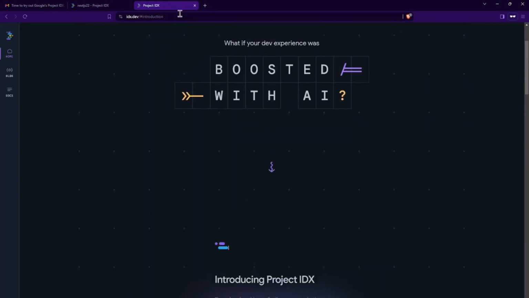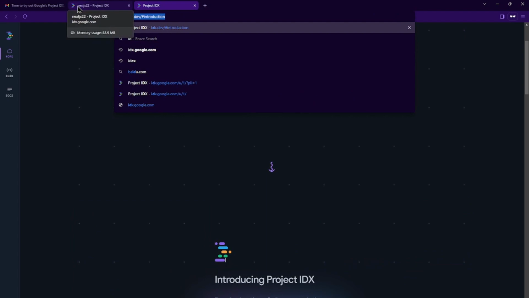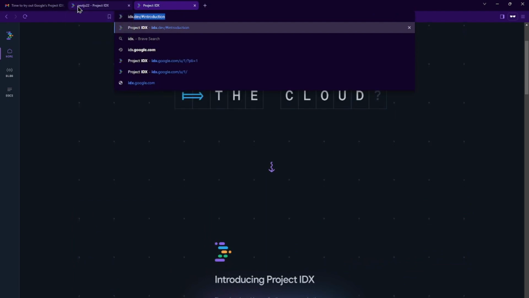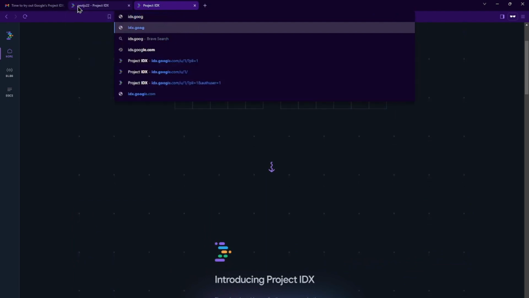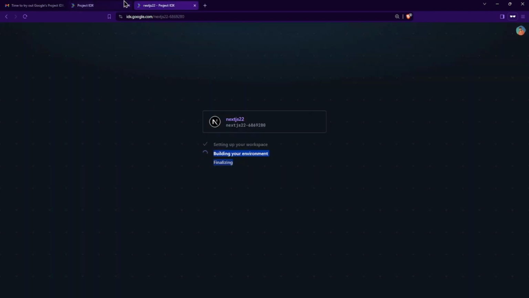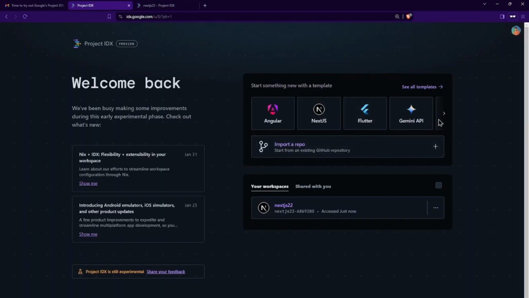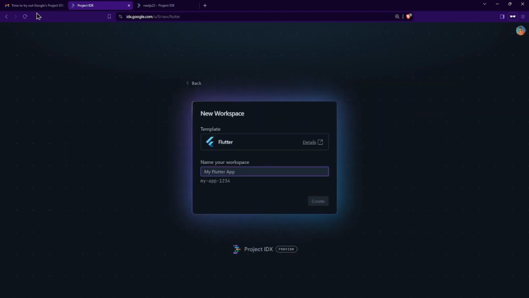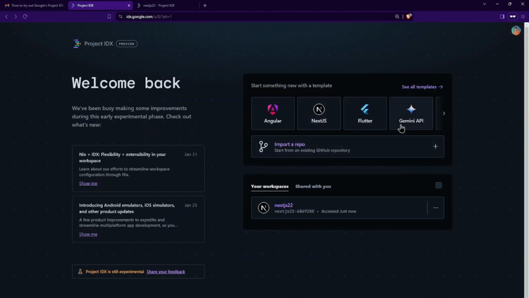Okay, the IDE got a tab, but this IDE is not going on. So it is launching a new Next.js. We can go for something. We can go for Flutter. No, let's not go for Flutter. Instead, we can go for